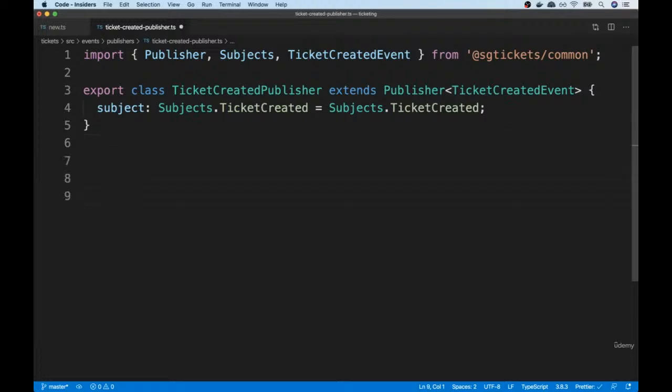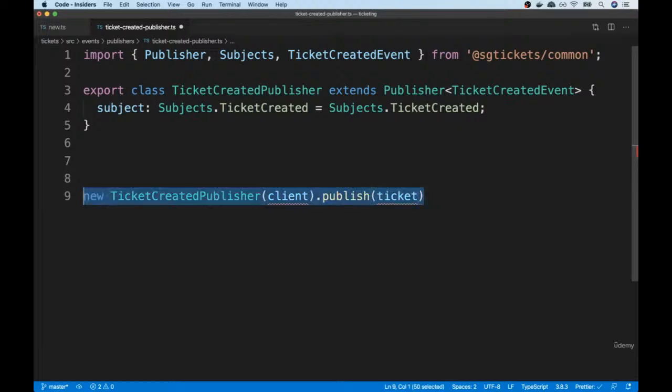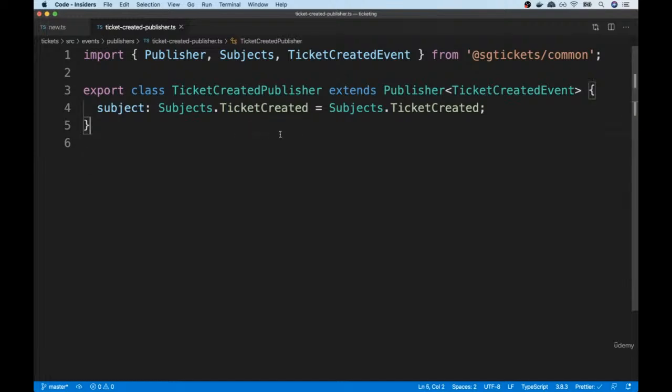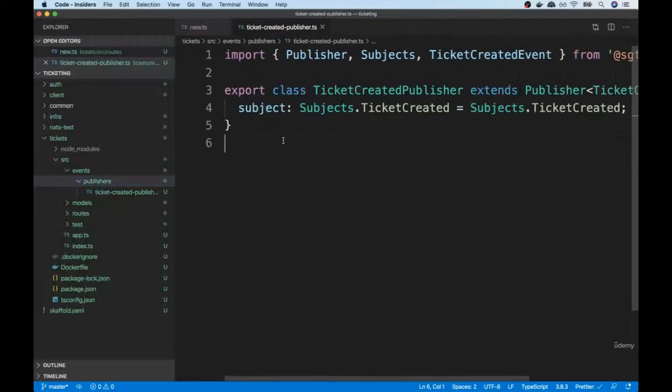And now in theory, in some other file, we can import this publisher. We can create a new TicketCreatedPublisher, pass in our NATS client, and then publish some kind of ticket or something like that. All right, so let's take a quick pause right here. When we come back in the next video, we're going to figure out how to create a NATS